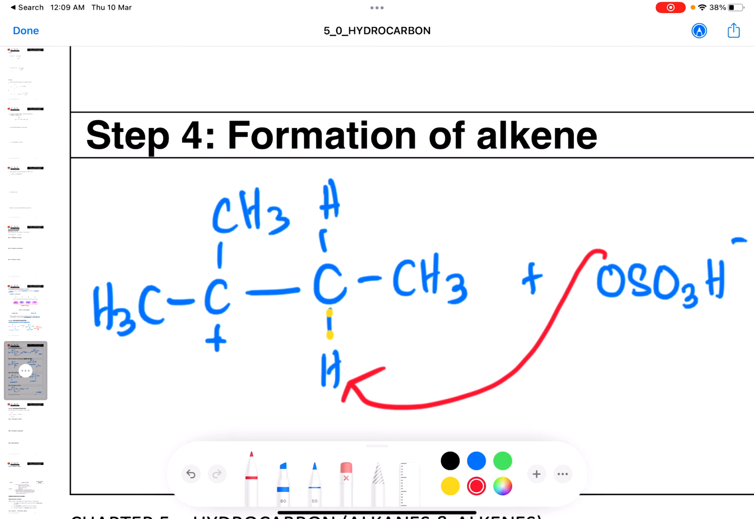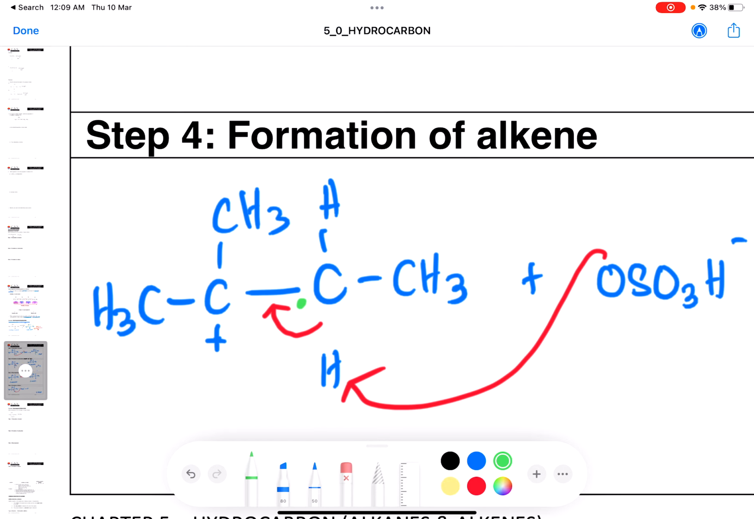So what will happen? These 2 electrons we give here. So if I can make, say this is the green and say this is the yellow. So what will actually happen? The green